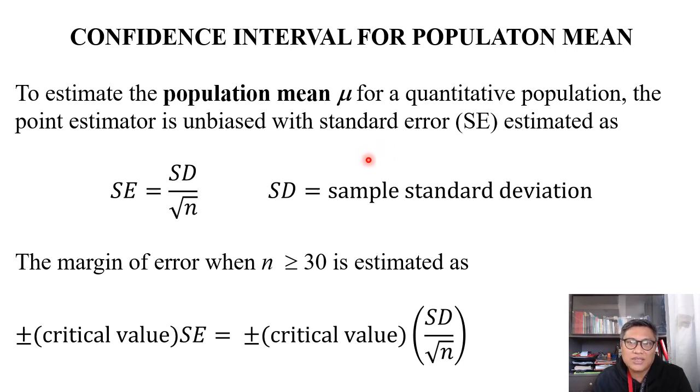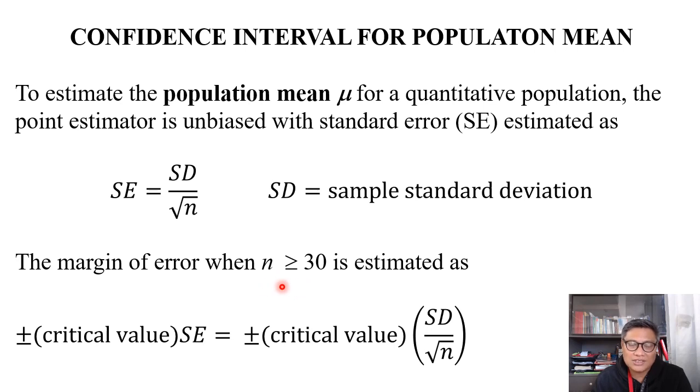So every time that you take a sample, class, if you compare the differences of their means through its variations, the result is what we call the standard error. And of course, SD stands for the standard deviation. Now, this is only applicable, class, if the margin of error can be computed when there is a